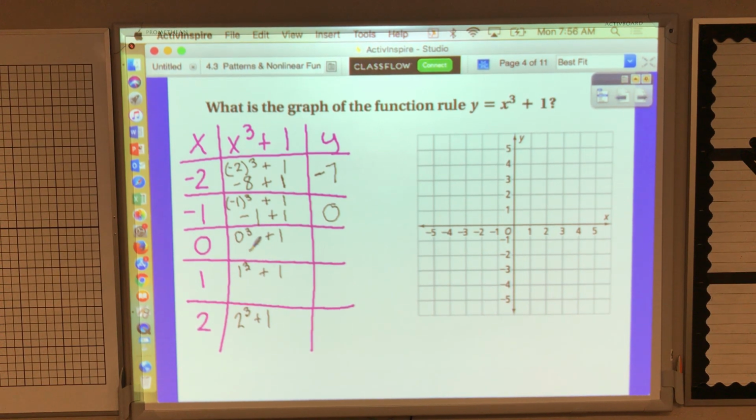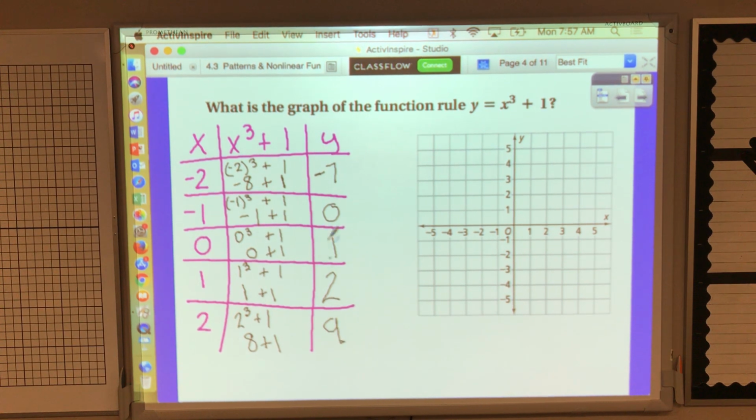Right? 0 to the third power is 0, plus 1 is 1. Right? 1 to the third power, 1 times 1 times 1 is 1, plus 1 is 2. Right? And 2 to the third power, 2 times 2 is 4, times 2 is 8, and 8 plus 1